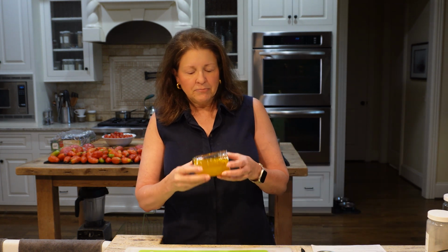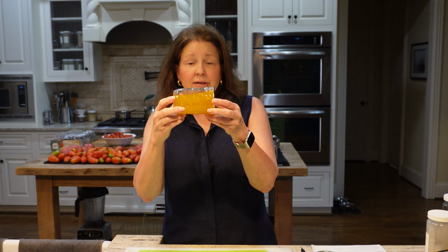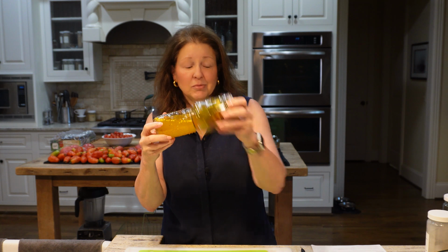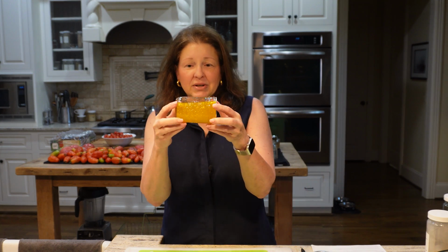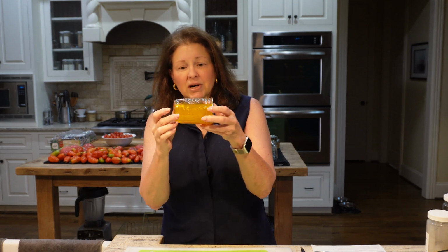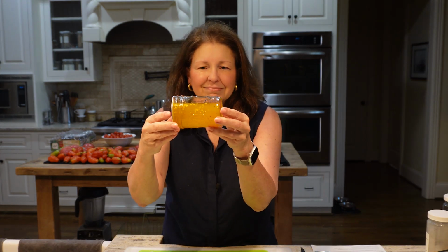I made a little batch yesterday because I had so many jalapenos, and I made enough so that I could have some brine, because aside from not being able to have jalapeno candy because of the sugar, my husband does not eat sugar, or should not eat sugar. So he had never had cowboy candy before. And so we'd never gotten to use the brine for a marinade for like a big pulled pork or something like that. So I made some extra brine for myself, but I wanted you to see that it's not syrupy,